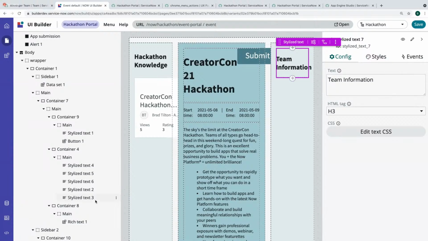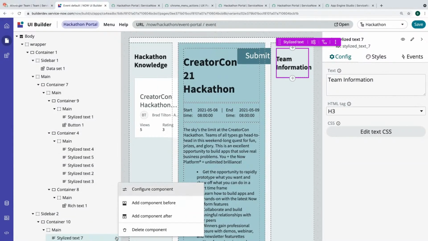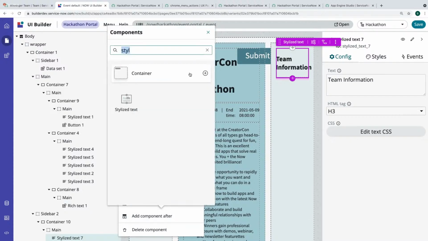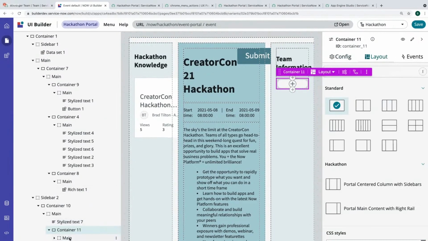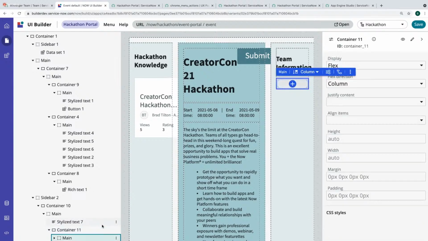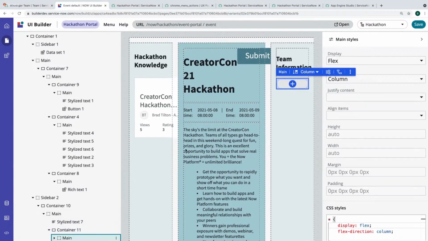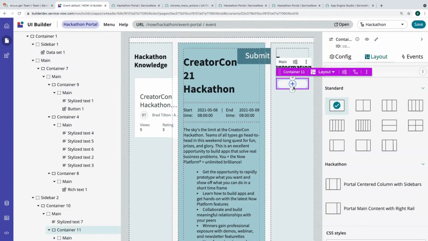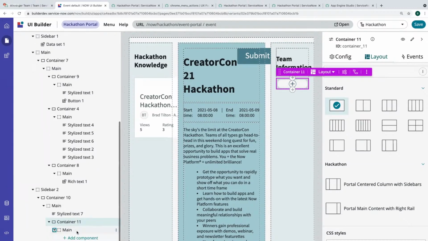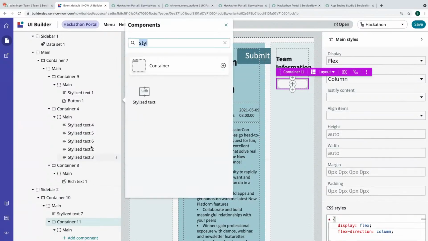And then let's add another one underneath. And I don't know, for now, we'll just say... no, I'm going to want to put it in the container. Everything goes in containers. Everything goes in a container. It's containers all the way down. So there, we'll add the component. That was hard to click on at the bottom of the screen.